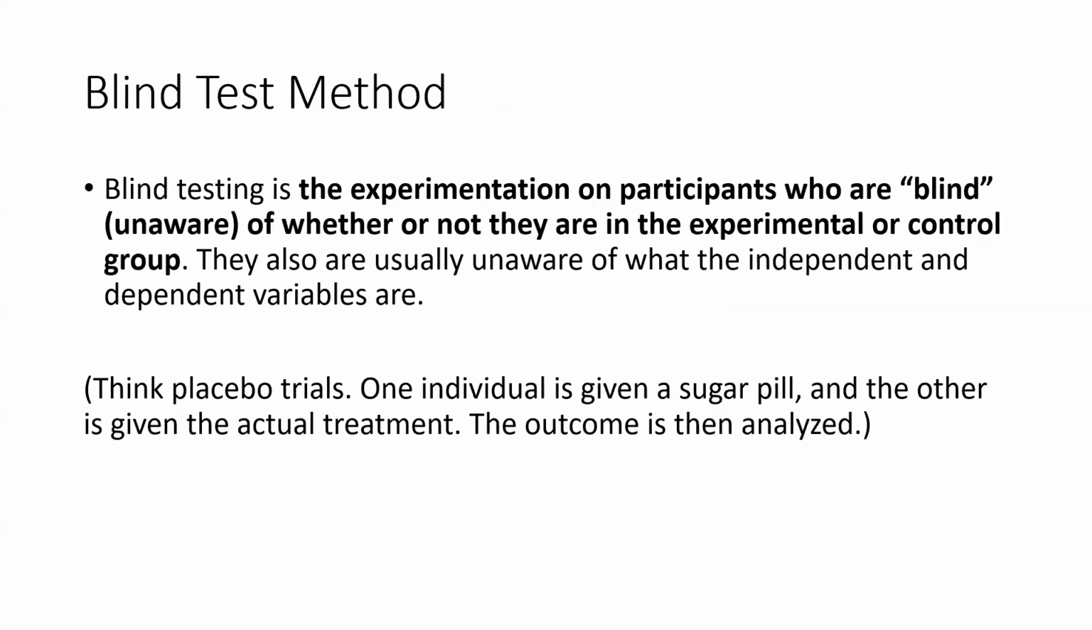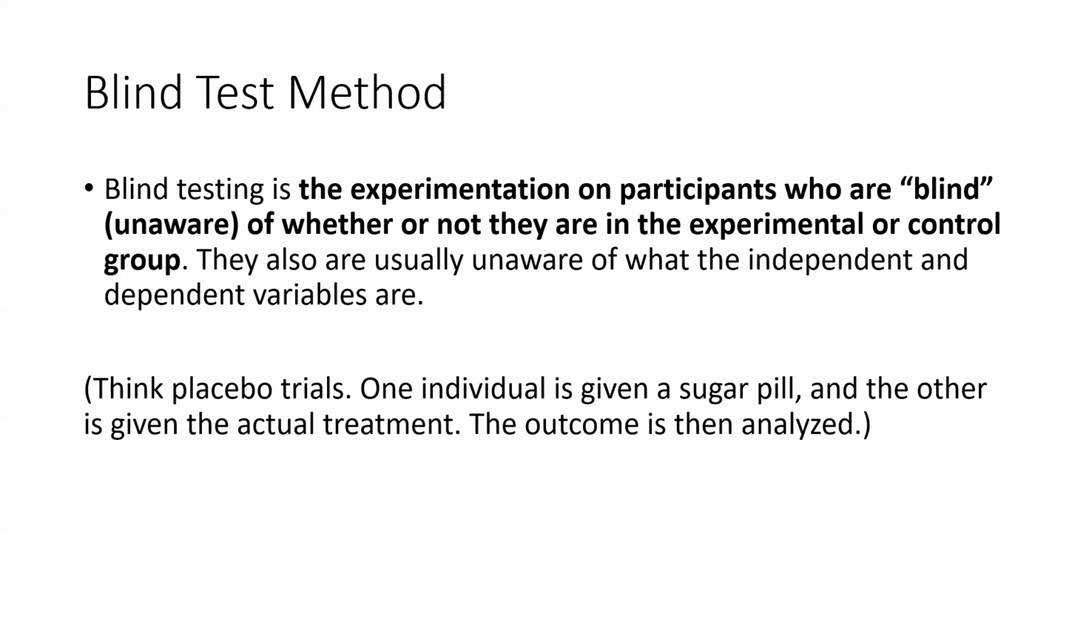Next, we have a blind test method. A blind test is an experimentation in which the participants are blind, or unaware, as to whether or not they are in the experimental or control group. The way to think of this is with a placebo trial. An individual receiving a placebo or a drug would not be sure which group they're in. So if one individual is given a sugar pill and the other is given the actual treatment